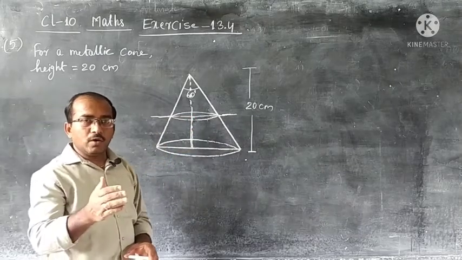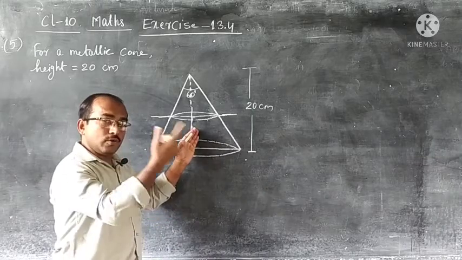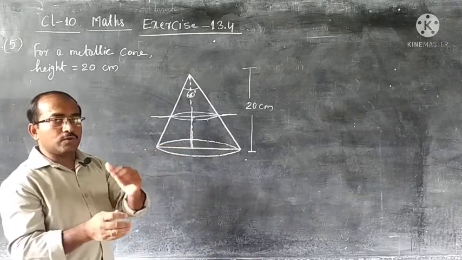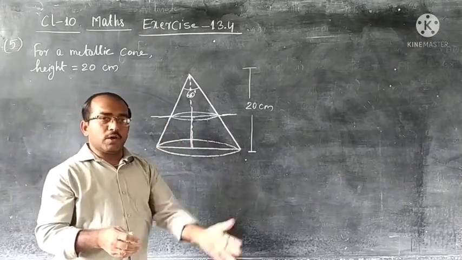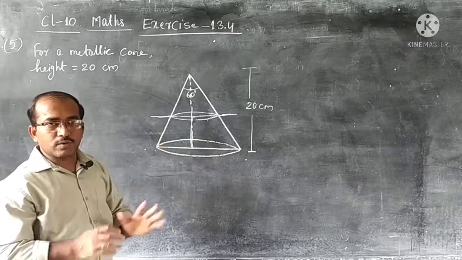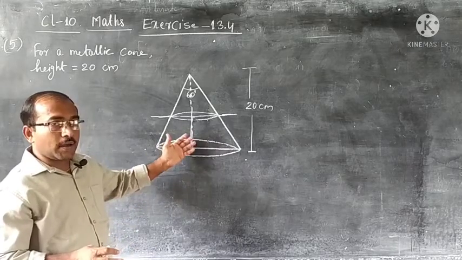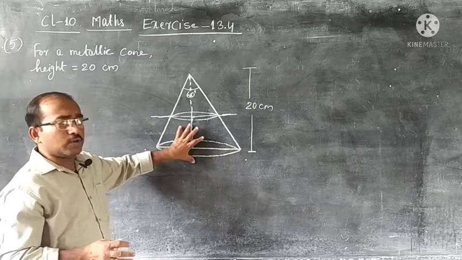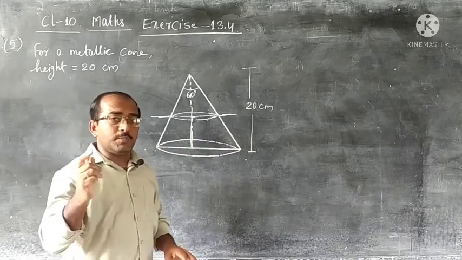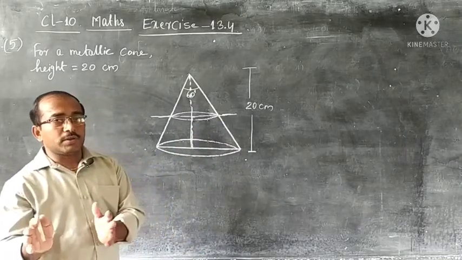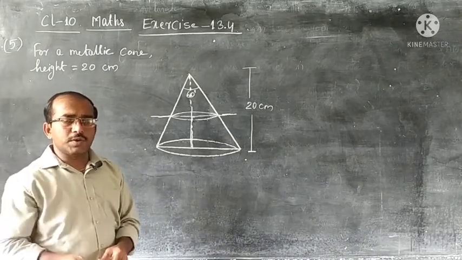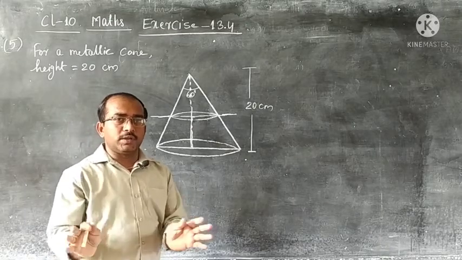That means the volume of the frustum is equal to the volume of metal in the wire. The wire is cylindrical. The frustum already has its own shape. So we will need one by three pi h into r square plus r into r plus r square for the frustum volume, and for the cylinder volume we will need pi r square h. H, the height of the cylinder, the height of the wire, will be the length of the wire. Diameter is given, so we get the radius. So for the cylindrical wire we don't have anything to think.